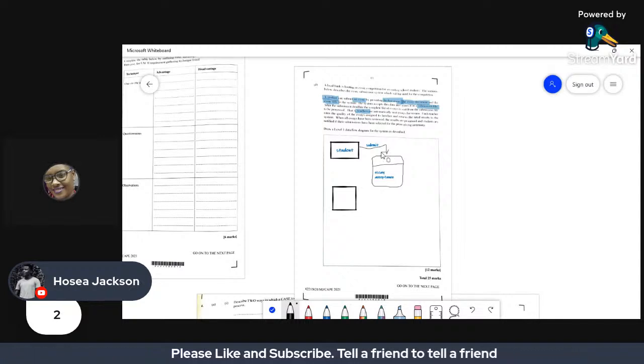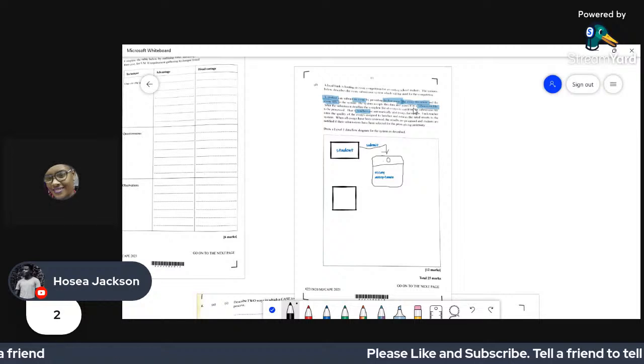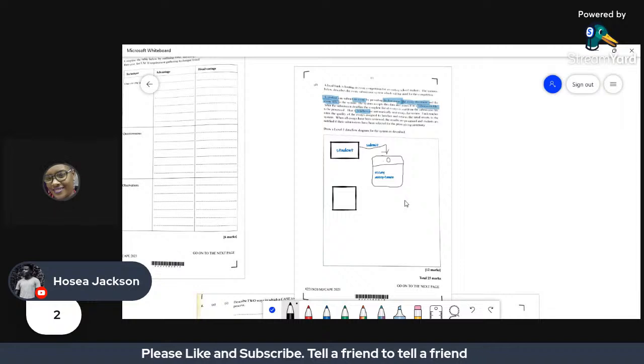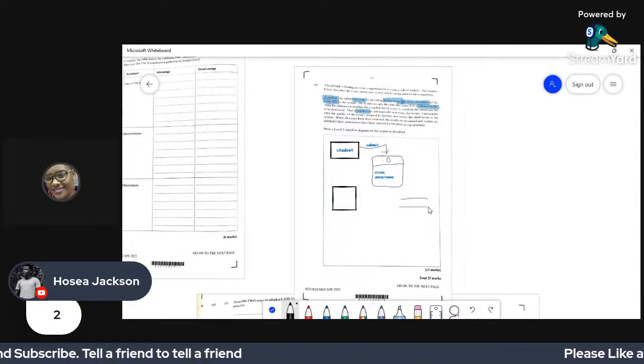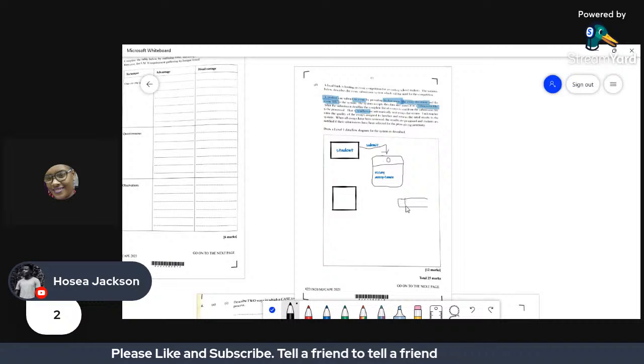Then now it says the system accepts this data and stores it in a submission file. Now, what is our diagram for a file? We can draw something looking like this, two parallel lines. We put the name of the file inside, and we close off this end and label it.